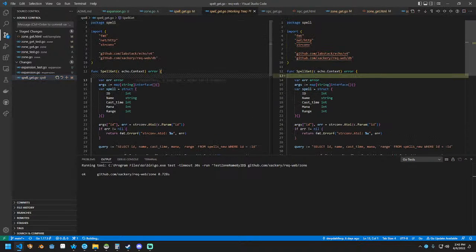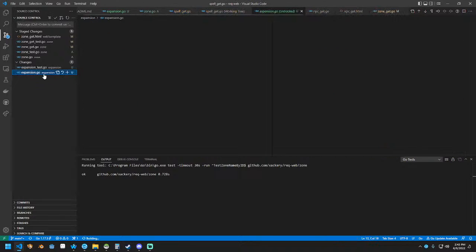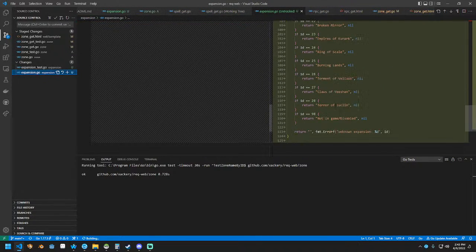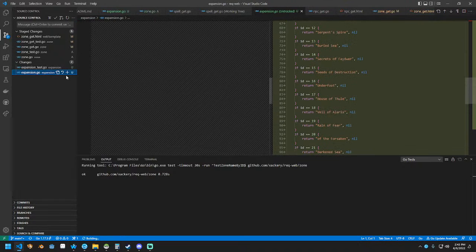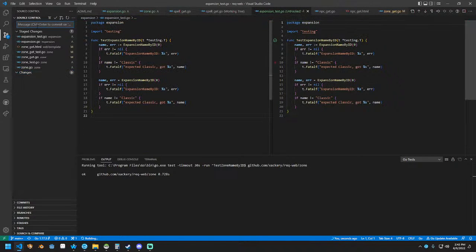No, is it? Okay, well, let's take that out. That doesn't need to be committed, you know. Expansion caching with our baked list of expansions. And expansion test, which is currently just the endpoints for test. And then we're going to go, added cache for zone and expansion. And this will be,